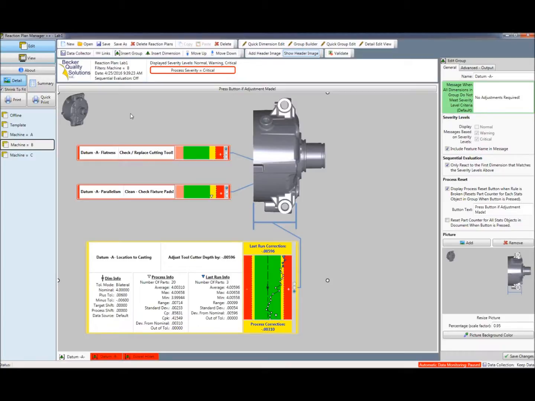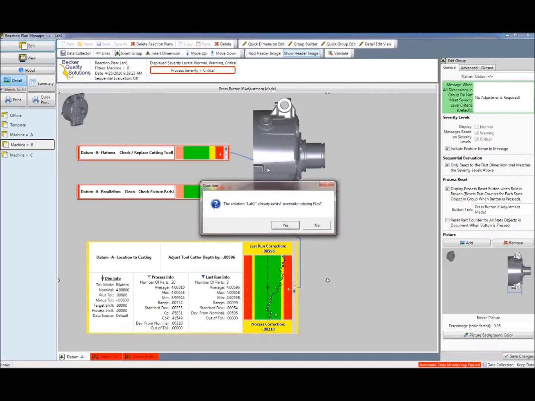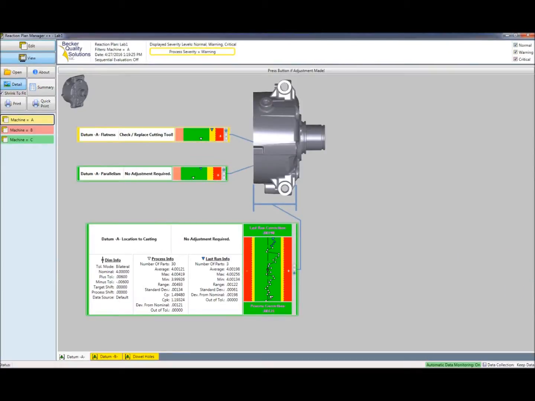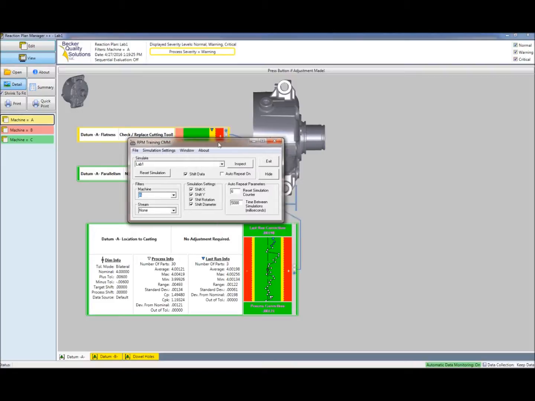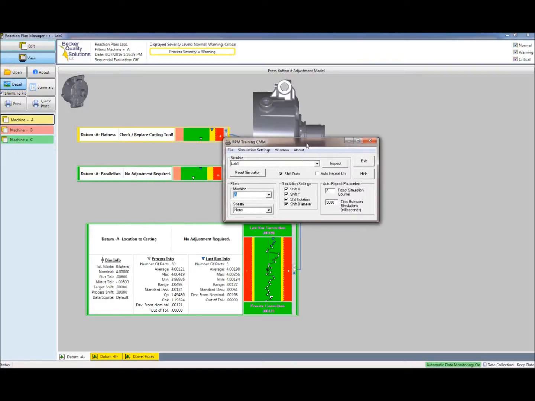Let's go ahead and test our inspection station. Even though we haven't configured the operator stations, we can still check to see if the data will reach the shared network drive. So if I click on the View button, it'll put me in the view mode. Now I'm going to use a fake data simulator to simulate actually running a part on some sort of measurement